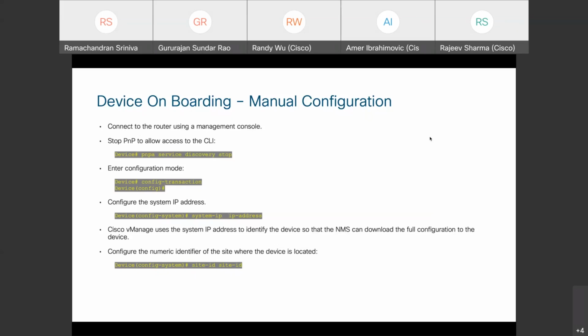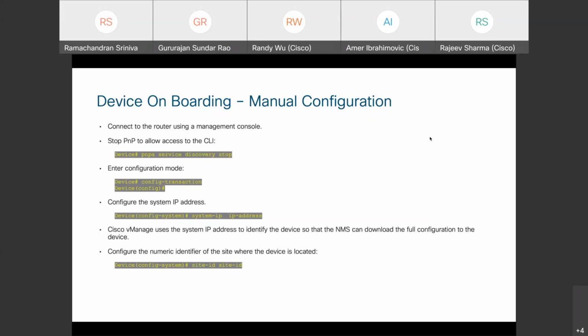The command is pnp service discovery stop. So we'll have to run that command to stop the PNP discovery first. Once it is stopped, we'll get access to do the configuration and enter the configuration mode using the config-transaction command. And then once we enter config mode, we'll have to configure